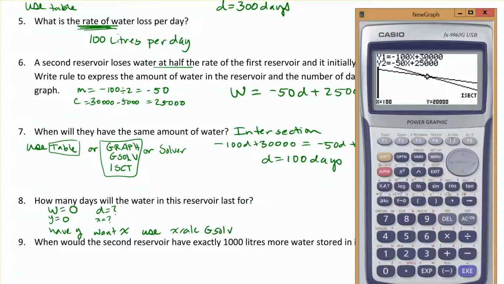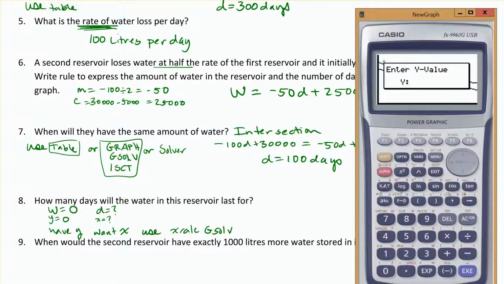So gsolve again, heaps of information there. I don't see xcalc yet, so I'll arrow over. There it is, xcalc. And it wants to know which equation I want to do that with. So I don't want to use the first one. I will scroll down to the second equation and hit enter. Now you'll only have to make that choice if you have both graphs on there at once, but enter in the y value that we have. So what's the y value that we have? We have y is equal to 0